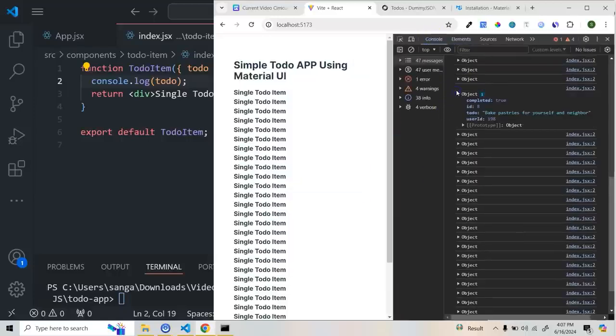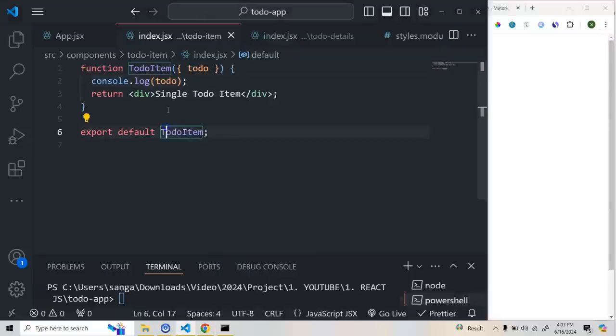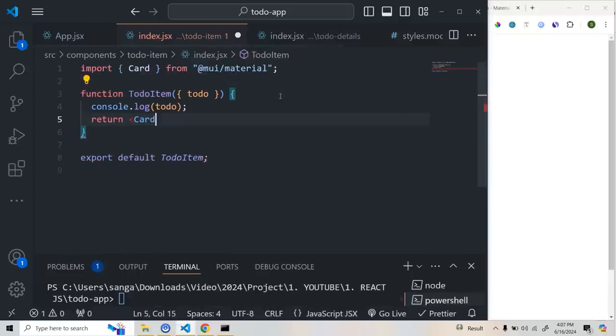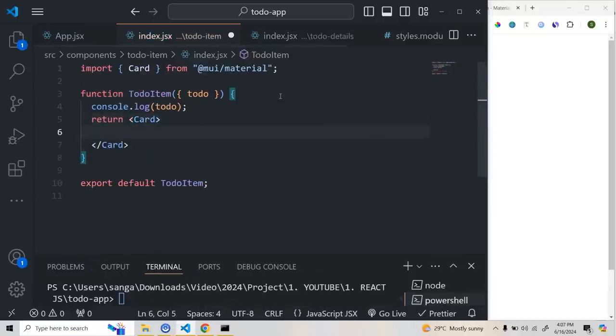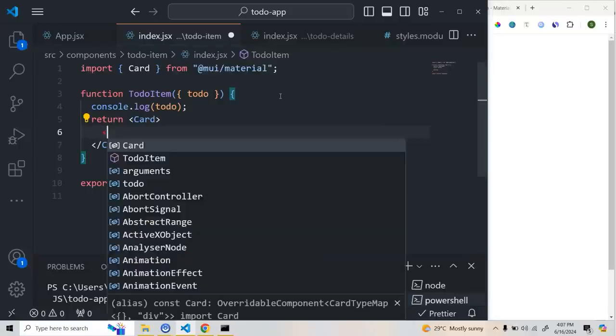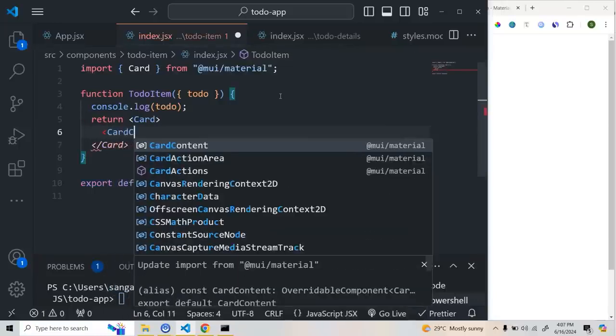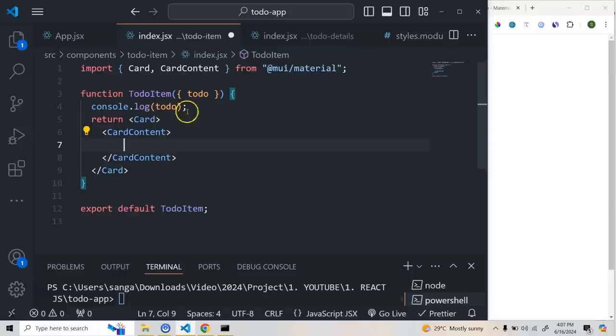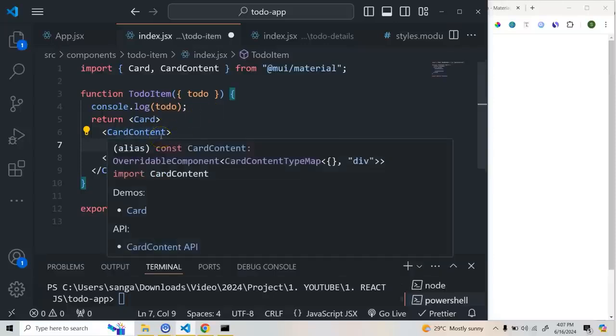So you can see that we are receiving the object, and here we are having all the details. Now here what I'm going to render, I'm going to use some of the inbuilt components of Material UI. So the first thing, I'm going to render a card from Material UI, and inside this we will be having a card content,